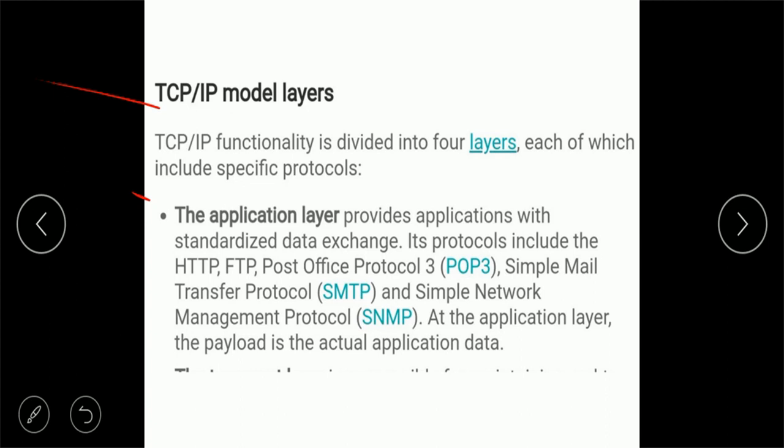Its protocols include HTTP, hypertext transfer protocol, FTP, file transfer protocol, POP, post office protocol, SMTP, simple mail transfer protocol, and SNMP, simple network management protocol. At the application layer, the payload is the actual application data, meaning the data from the server starts from the application layer to be transferred to the client side.